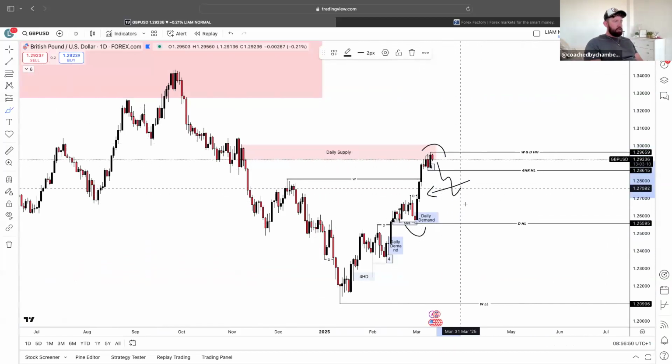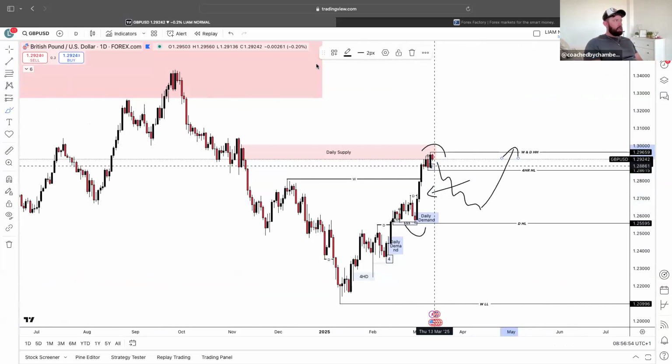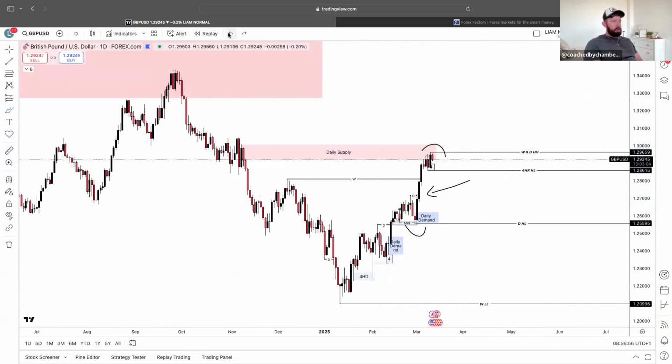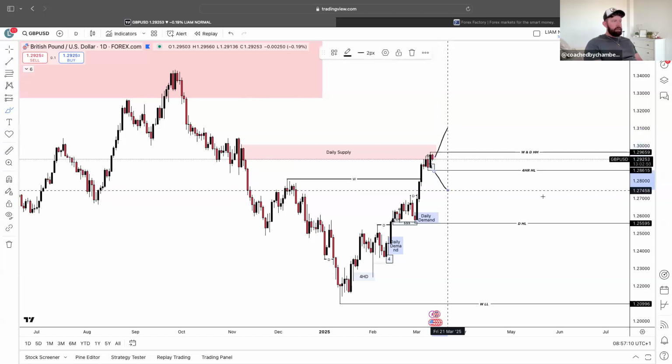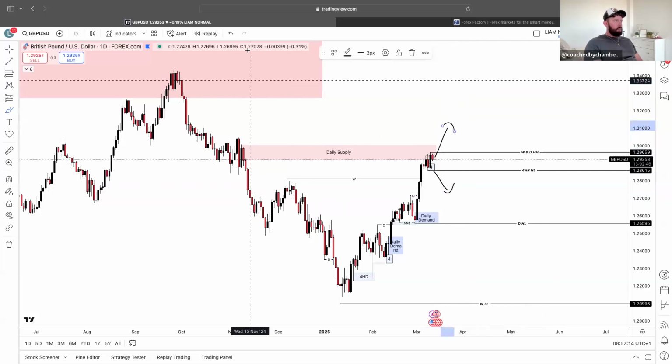So we do expect the market to retrace eventually to fill in this imbalance, and then hopefully go and carry this trend on upwards. So looking at where we are in this daily supply, that's why we're consolidating as we speak. We're waiting for, like I said, CPI to happen. So we should get some movement today. Again, same with EU, same with any other pair, either up or down. We're expecting volatility to come in.